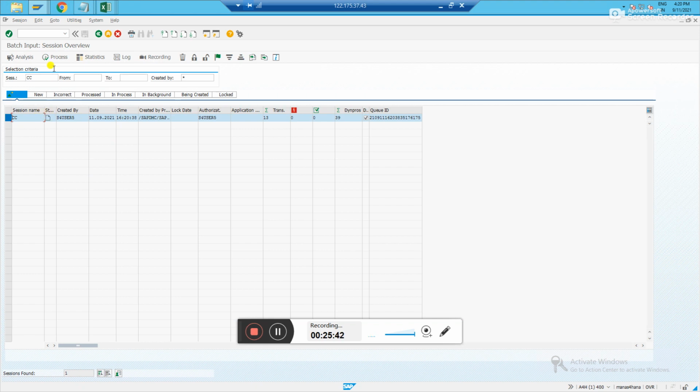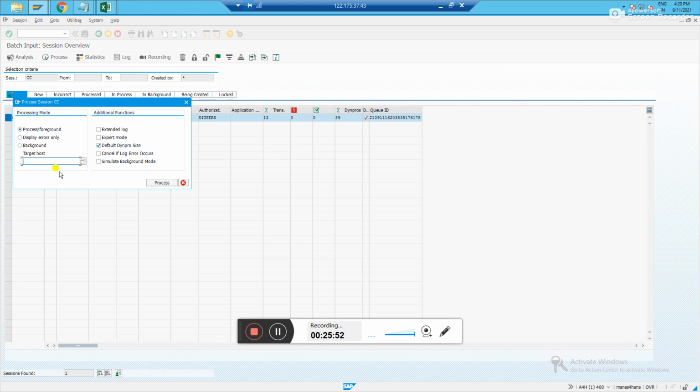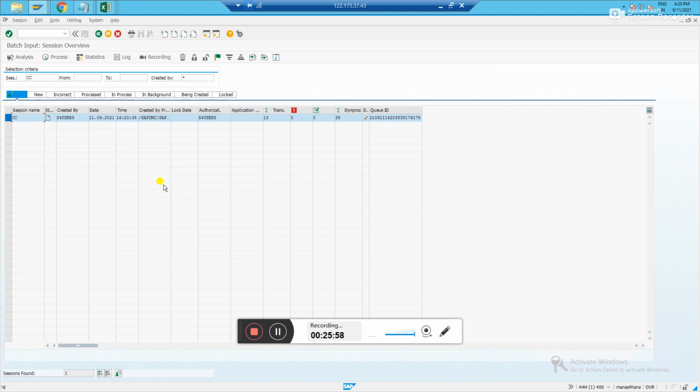You just select it and click on process. This is nothing but your SM35 screen. You just process it. Where you want it done, you just do it in the background. Process. The background session is in progress.